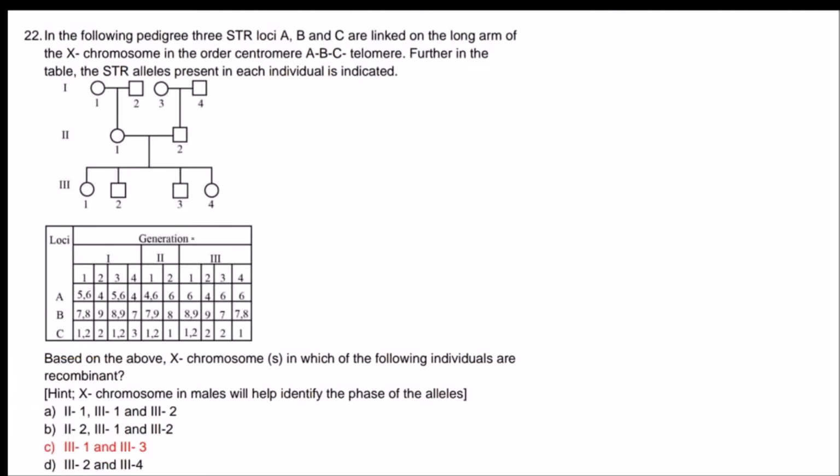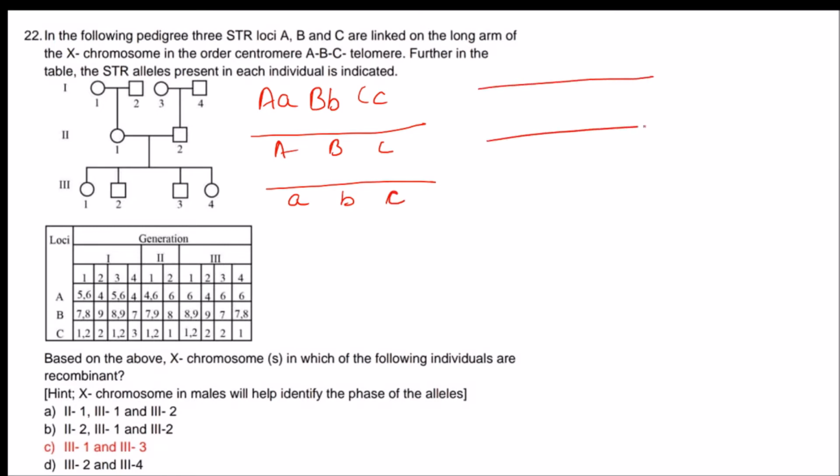Now coming to the concept, whenever we write such things on the chromosome, if we have a certain set of genes, how do we represent it? We represent A, B, C on one chromosome, and in the other chromosome there will be small a, small b, small c. Other patterns can also be present, like capital A here, small a here, small b can be present, capital B here, and capital C here. So there can be different patterns depending on the recombinant, or the parent can have different arrangements of alleles on the chromosomes.